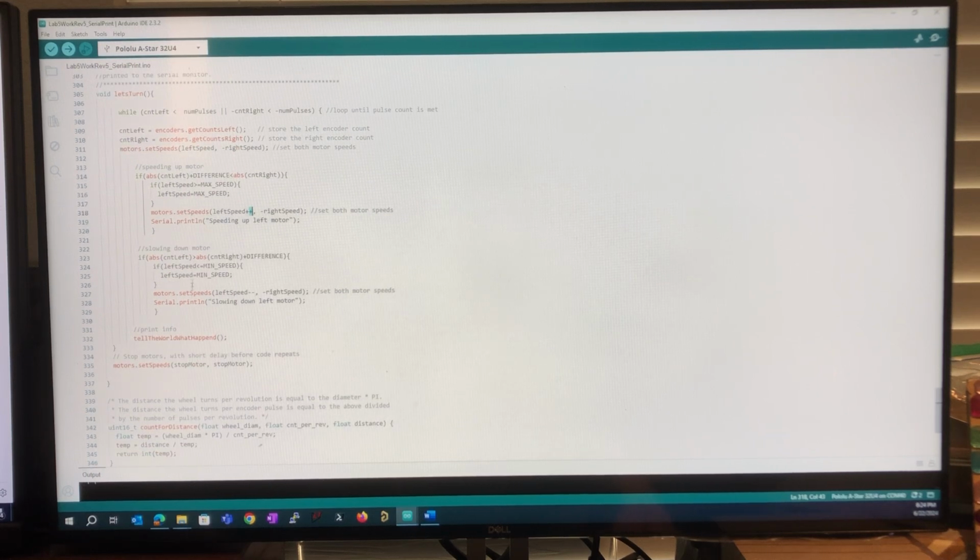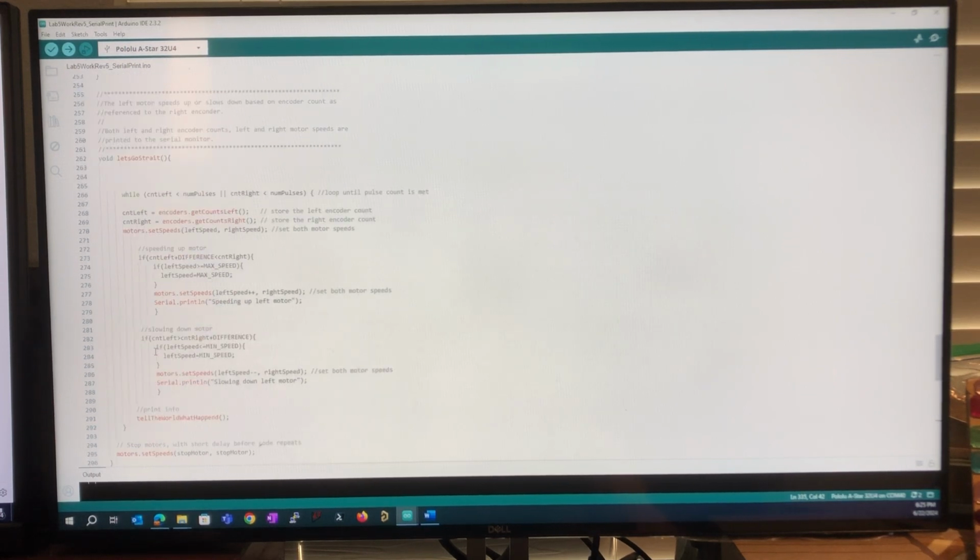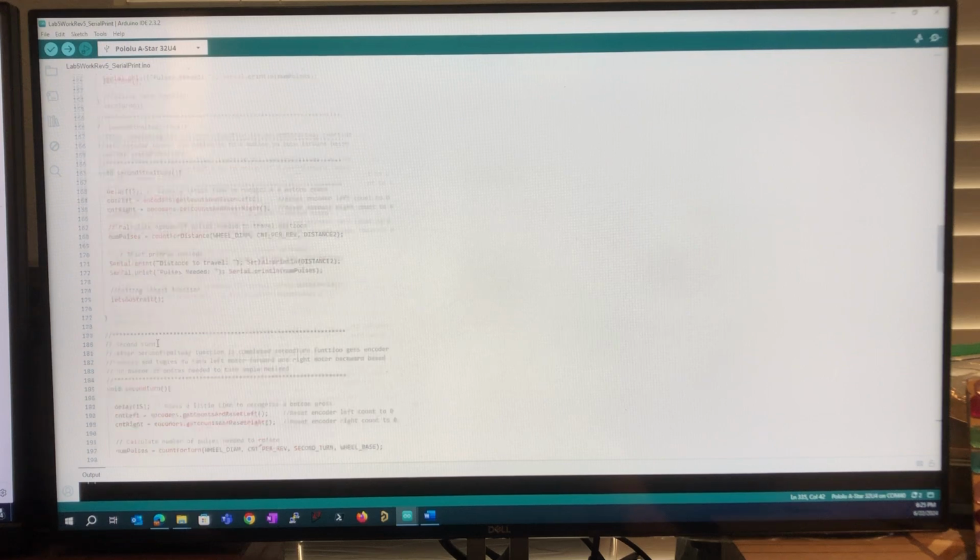Likewise, if the absolute value of the left count goes ahead of the right count, we will decrement the speed. And again, we'll tell the world what happened, which is just print the speed and the pulse count. Once this is no longer holding true, we will stop the motors and then go on to our next function within the void loop,